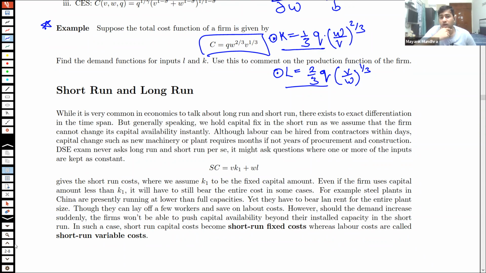They could ask you in the subjective part maybe, or maybe even in the objective part. They can ask you, if this is a cost function, tell us the production function which gives this cost function. Now, obviously, if they give you 4 options on production function, you cannot solve the cost function for each of them. That is going to be more difficult. It's easier to use the cost function and arrive at the production function. That would be an easier way to do it.